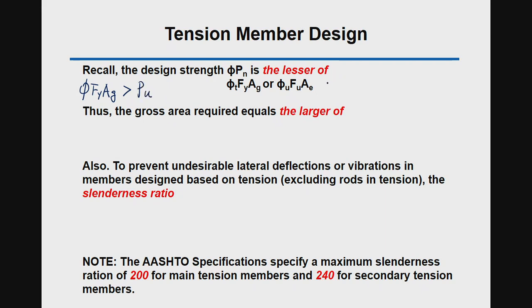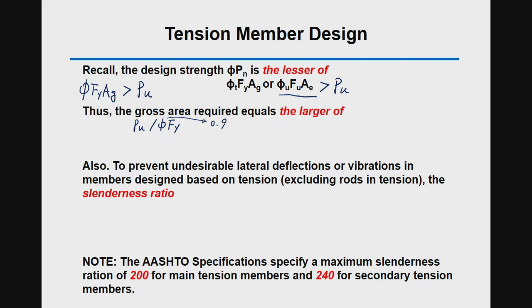Or this one, phi Fu Ae, must be greater than Pu, right? So from there, we know that the gross area required equals the larger of Ag, the larger of Pu divided by phi Fy, where phi equals 0.9,